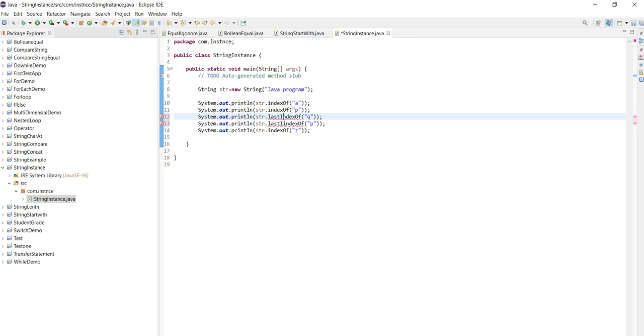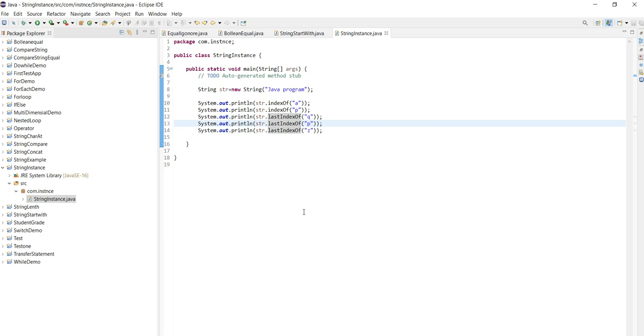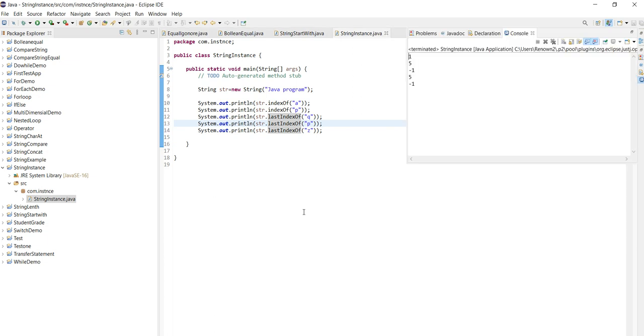Here it's a capital I in lastIndexOf. We'll run this program and see how the output comes. See here, minus 1. So 5, lastIndexOf of this is 5, this is 5, minus 1, like this. It will identify this way when we need to find the index of a character.